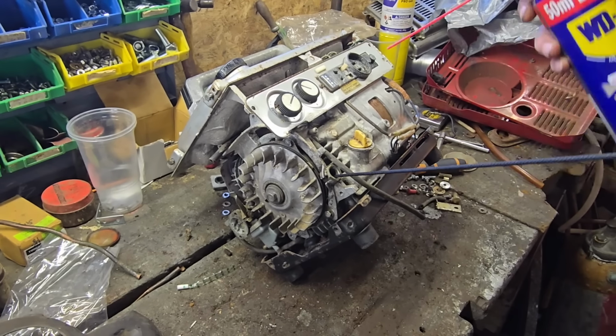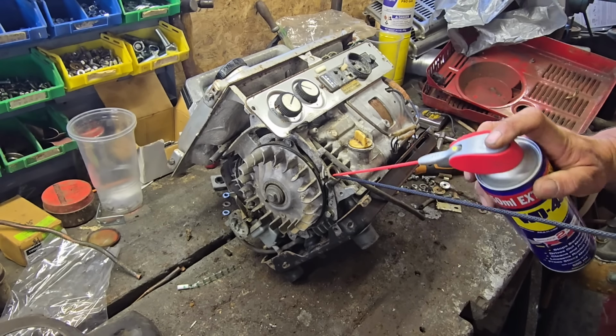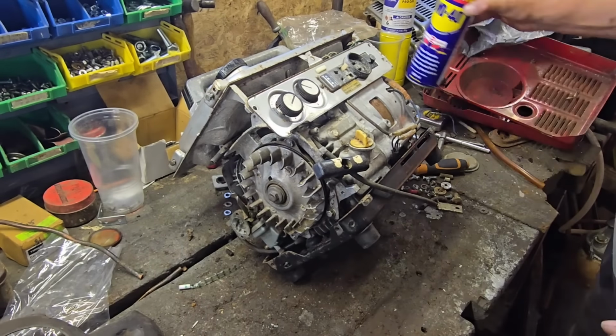I don't particularly want to go taking that flywheel off, so I'm pulling the string all the way out and going in there. Ah, that's not squeaking now. It also isn't engaging. No. Alright. Maybe that's because the engine's not sitting upright, I doubt it, but...